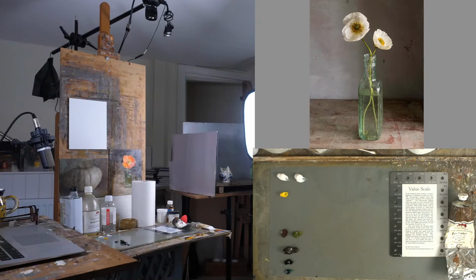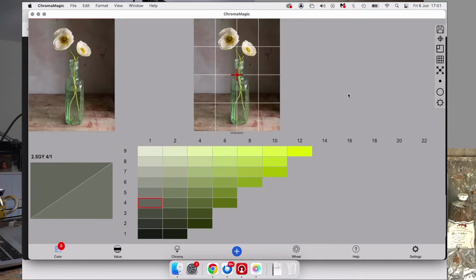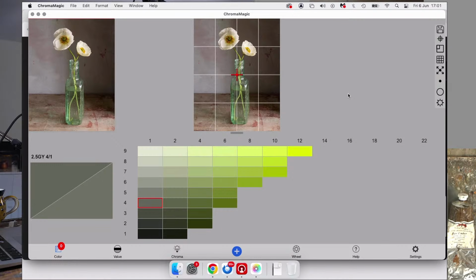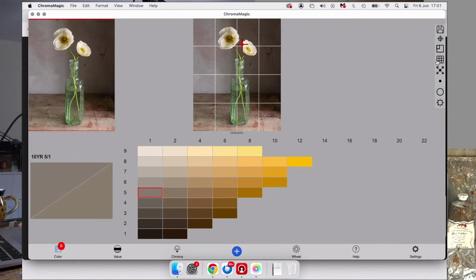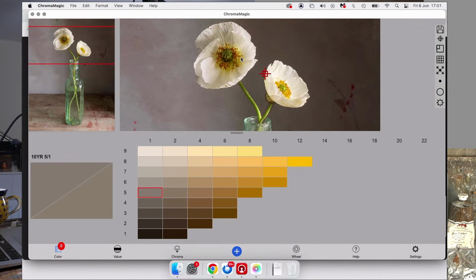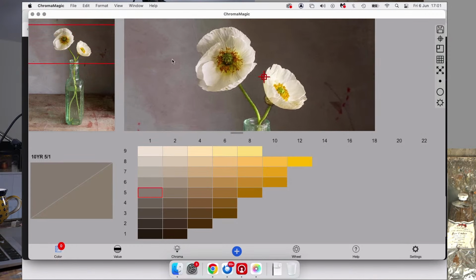Let's bring up ChromaMagic and we can have a quick look at what it tells us about the colours in the poppies. So look at this, I'm going to zoom in. The incredible ChromaMagic app. If no one has seen this before, let's get the grid off. If anyone is watching who hasn't seen this before, firstly, where have you been? Secondly,